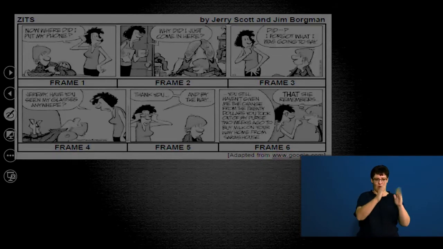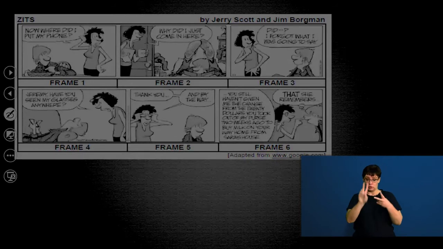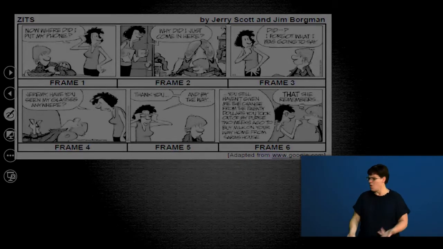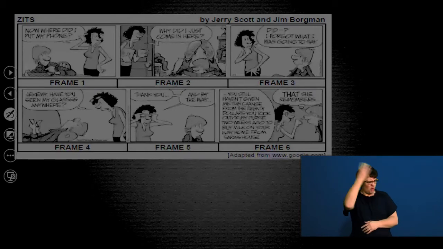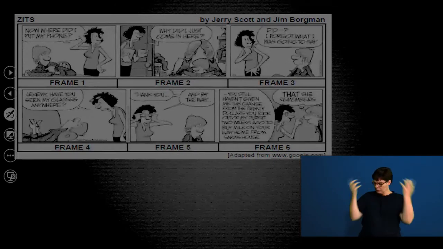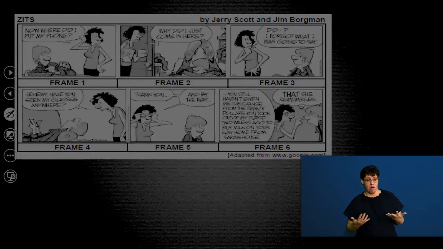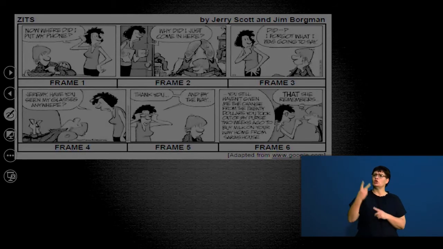In frame 1, the mother is questioning the boy: "Now, where did I put my phone?" And then in frame 2, "Why did I just come in here?" Frame 3, "Did I forget what I was going to ask?" Frame 4, "Have you seen my glasses anywhere?" Frame 5, "Thank you." And by the way, frame 6, "You still haven't given me the change from $20 you took out of my purse 2 weeks ago to buy milk on your way home from Sarah's house." And the boy has a thought bubble,